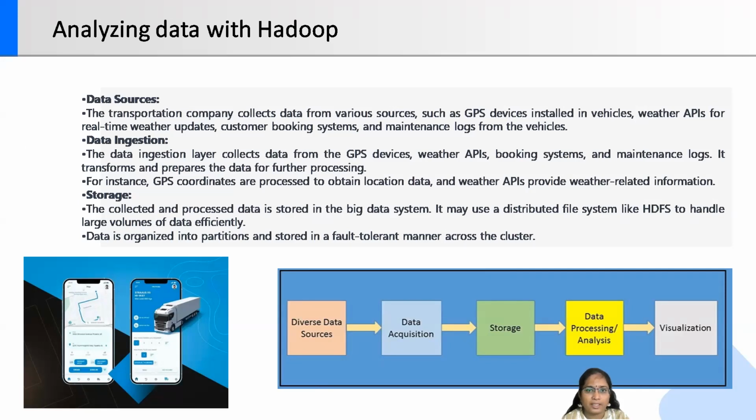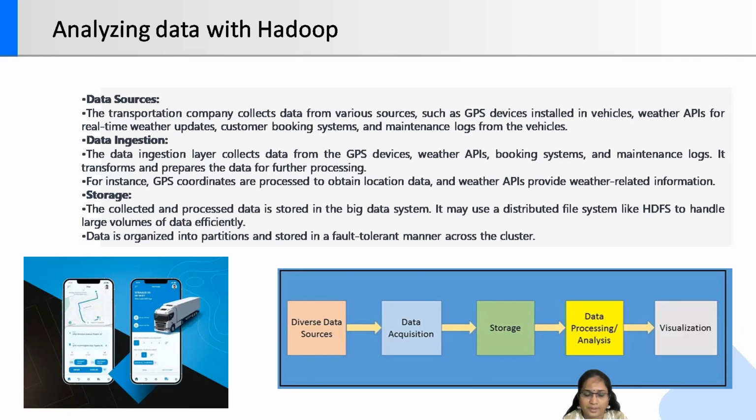So the first step is data sources. The transportation company collects data from various sources. We can collect the data in different ways, for example, GPS devices installed in the vehicle. From this we can collect the data, and from APIs, such as the weather, all those things are updated. And whenever customers are booking, the systems are collecting the data from the web logs and maintenance logs from